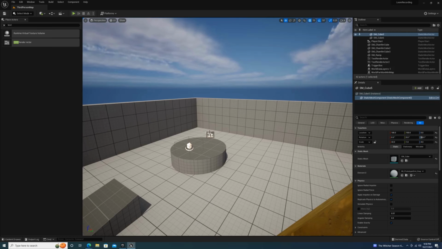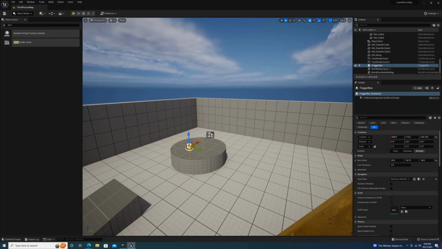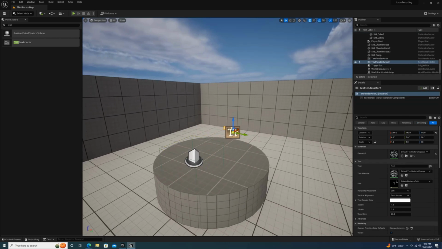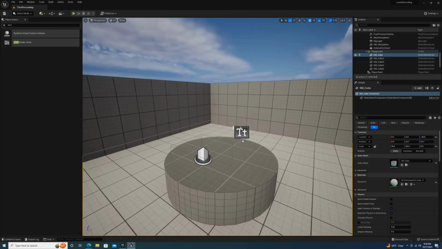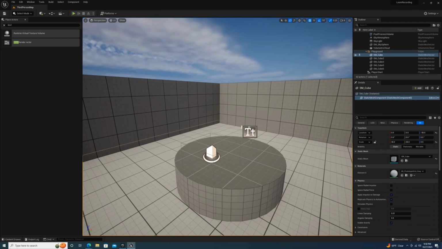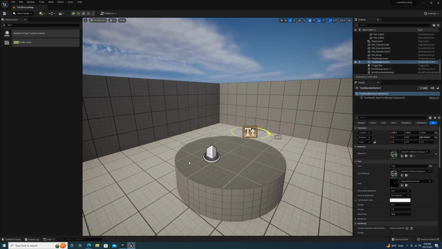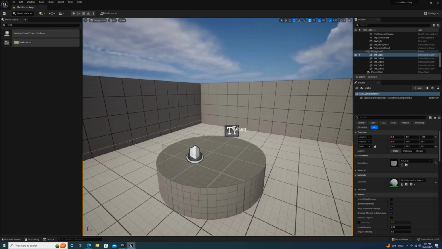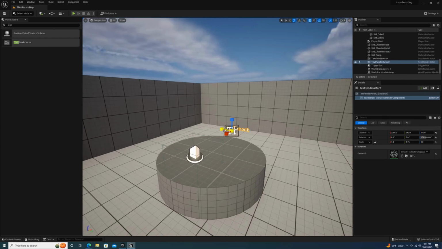And the other thing that we'll do now that we have our text render actor in the scene, and remember our main goal is for the player to collide with this trigger box and for a text to appear. So one thing we want to do to set that up, first of all, I'm going to rotate, and remember we rotate any items in our scene by clicking E on your keyboard. So now I'm going to try to rotate the text right here. Boom. I'll probably make it a little bigger too, just so it can be something that we see